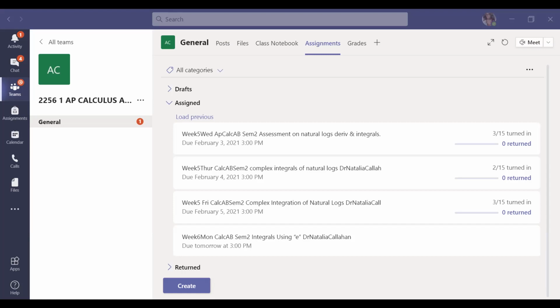Okay, so for example 4, your job is to find y prime. It's given to you that you have x times e to this really, really ugly thing here. Because it's a multiplication right here, you know you're going to have to use the product rule. So for that, let's do f equals x, so f prime equals 1. G is going to be e to the x squared plus 2x plus 3